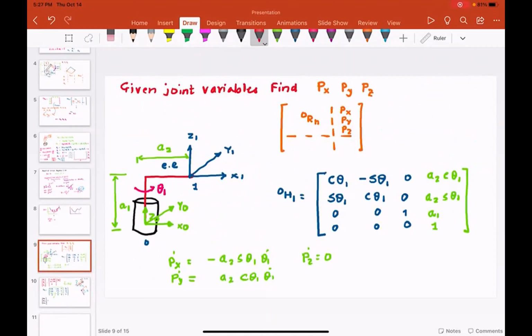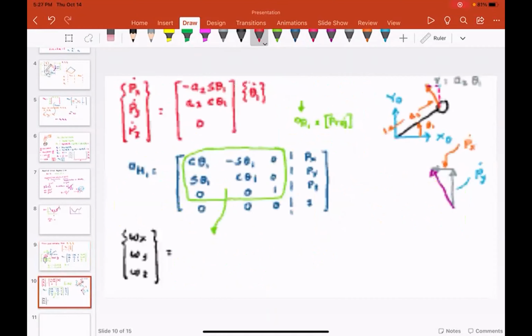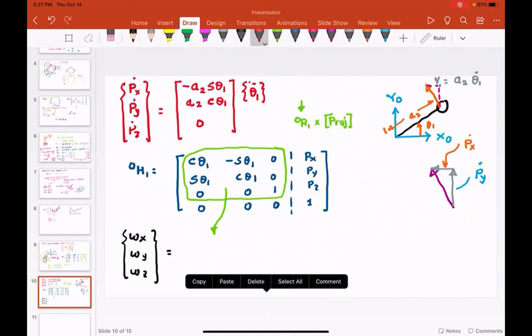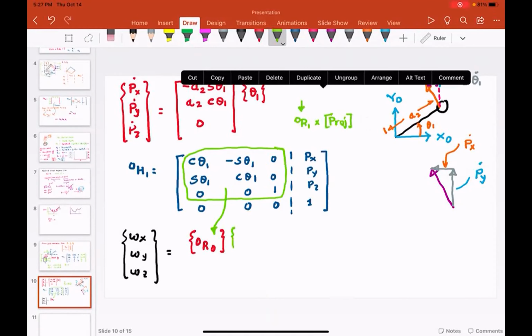This rotation is about z0. So omega x, omega y, omega z is 0R0 multiplied by 0, 0, theta 1 dot,